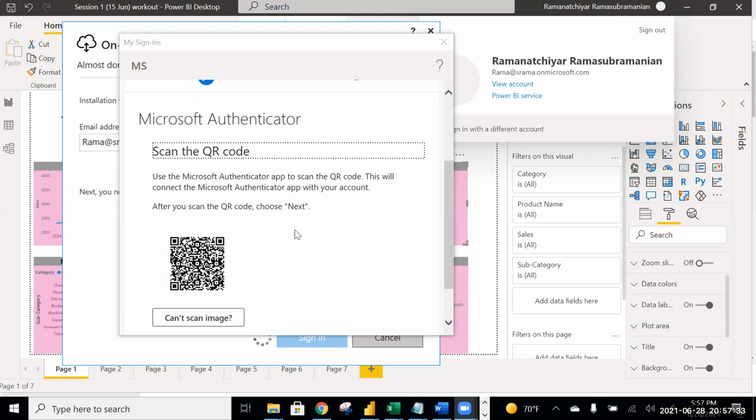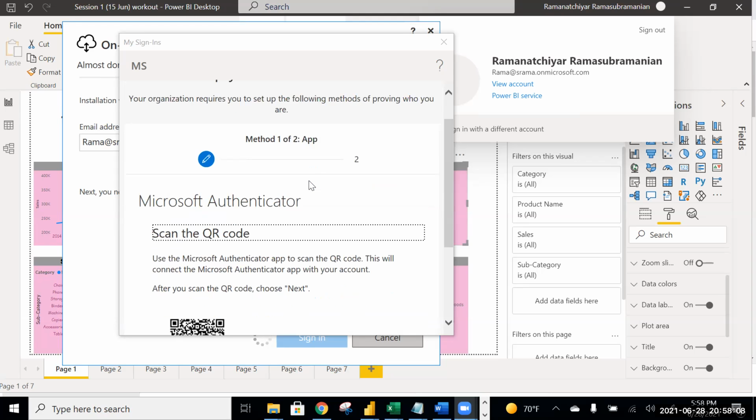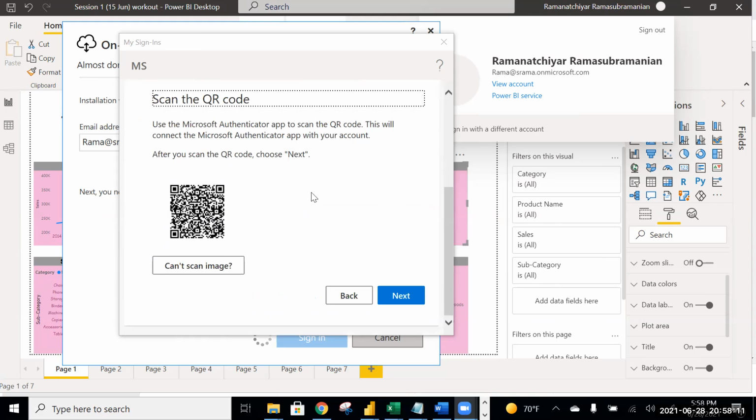It is asking to first add your account. Ready to add your first account, that is what it's asking for. It will ask for this same ID. Put that ID over there. Personal account, work or school account. Okay. Scan QR. So I'm getting a one-time password.